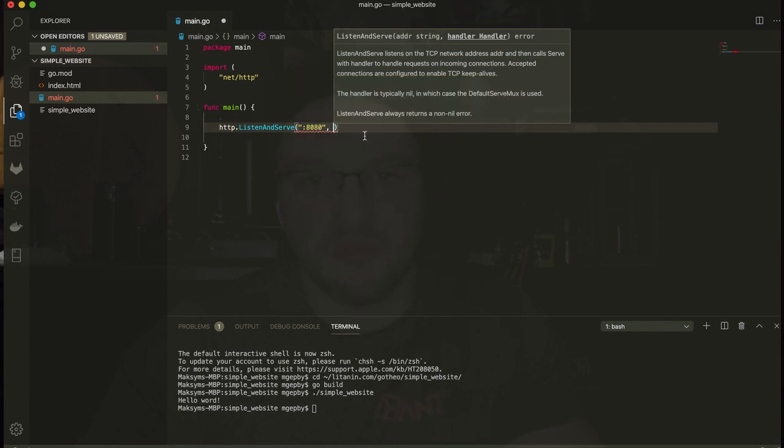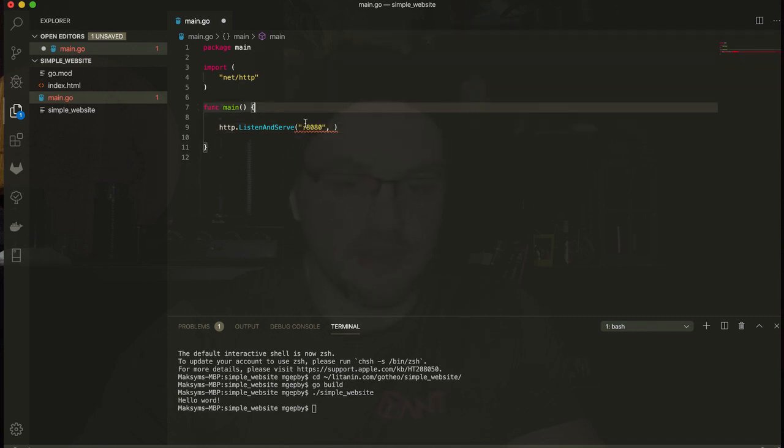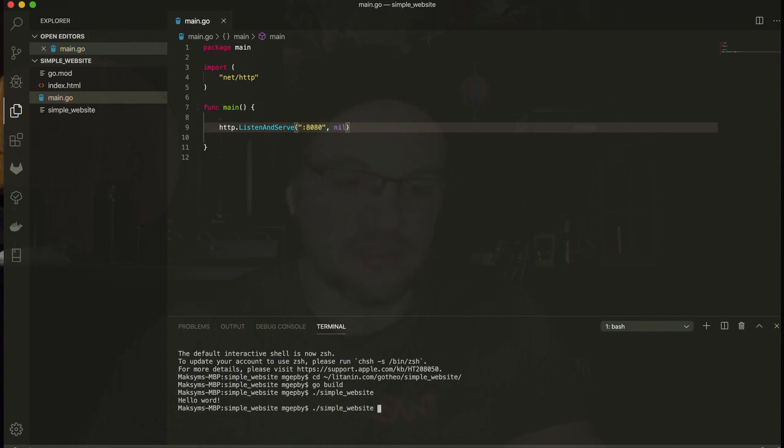Handlers provide all the functionality of your website. In order to create handlers, I wonder if it will work if we pass a nil handler for now. We will build our application. Yeah, it works. So now we have a web service that is running on port 8080,